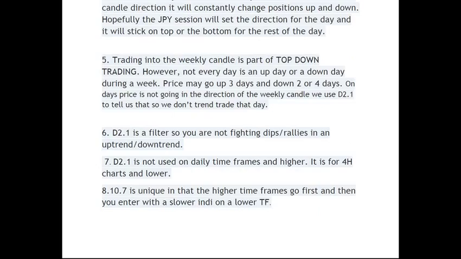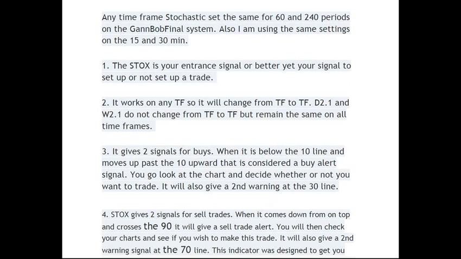So the daily 2.1 is a filter, so you're not fighting dips and rallies in an uptrend and a downtrend. The daily 2.1 is not used on the daily time frame and higher; it is for the 4-hour charts and lower. 10.7 is unique in that the higher time frames go first, and then you enter with a slower entity on the lower time frame. So next we'll discuss the